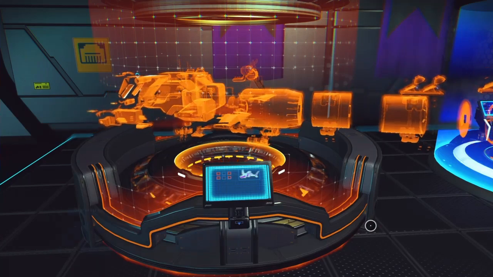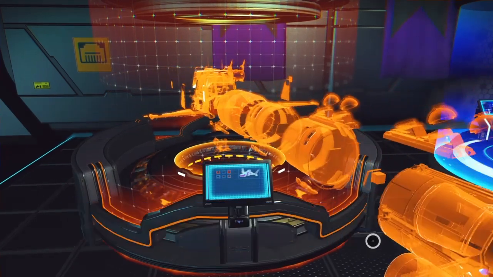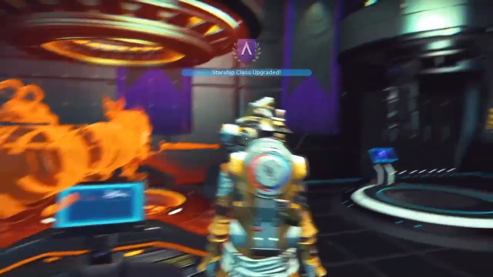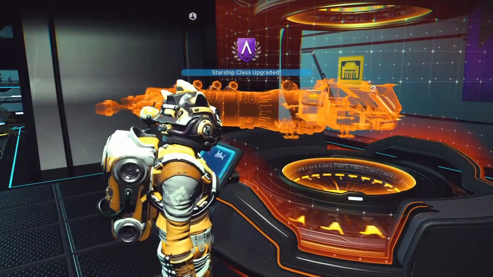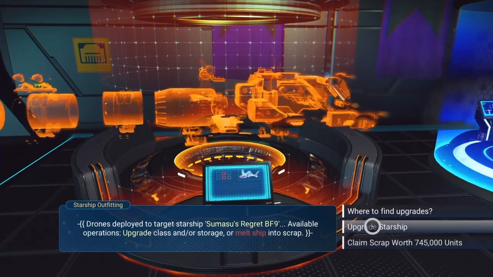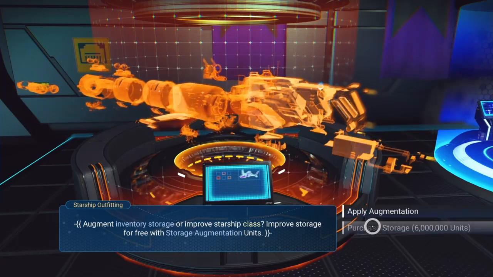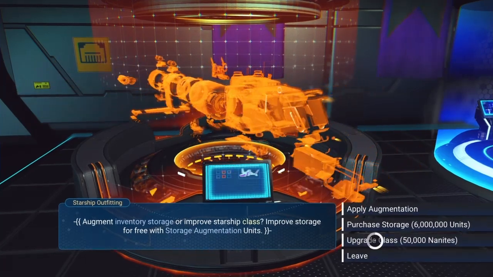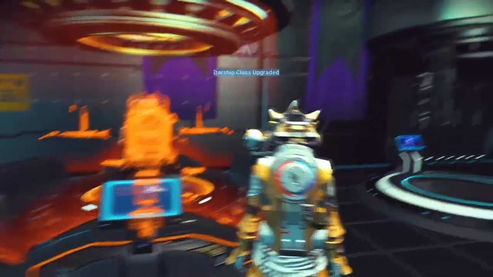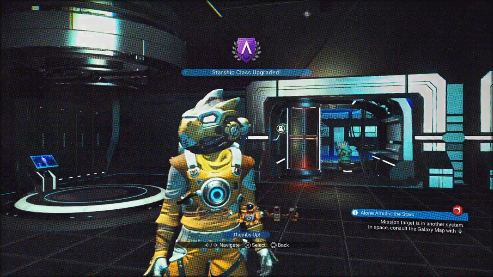Okay, well, here we go, let's upgrade it. Let's do the class first, we'll take the class all the way up. So we go. Nanites, lovely jubbly. Fantastic. It's now an A. Let's take it all the way up to an S. Upgrade. It just looks awesome inside this holographic projection. Okay, and there we go. Now it's an S. Right, well chums, I will be right back with you after I've gone and upgraded all the augmentation slots and put in some...